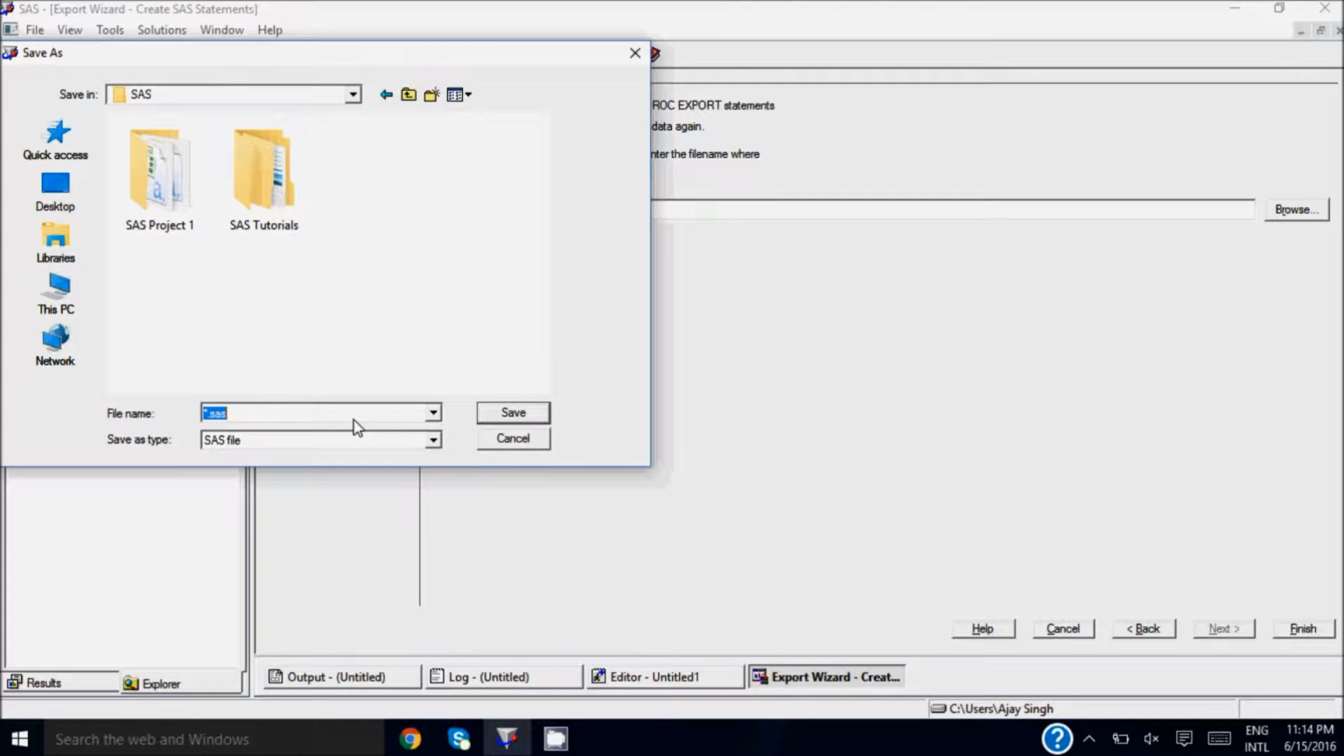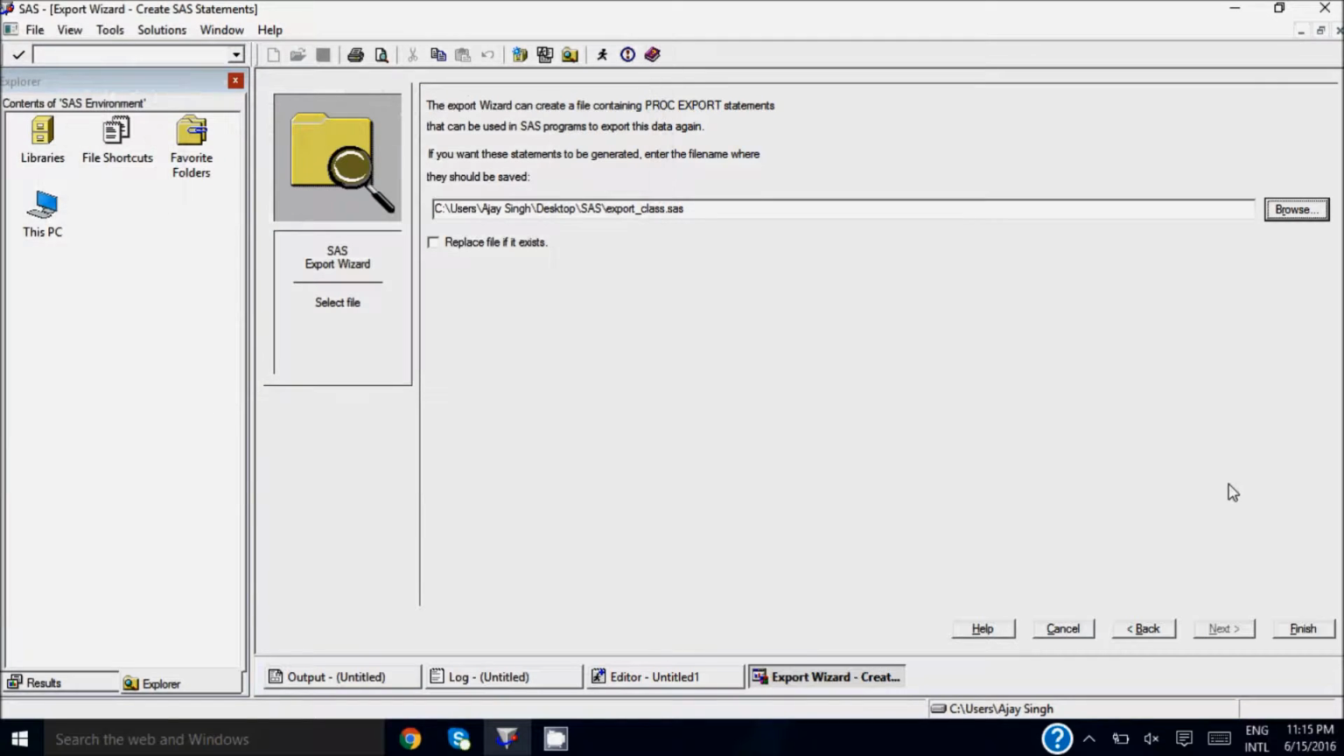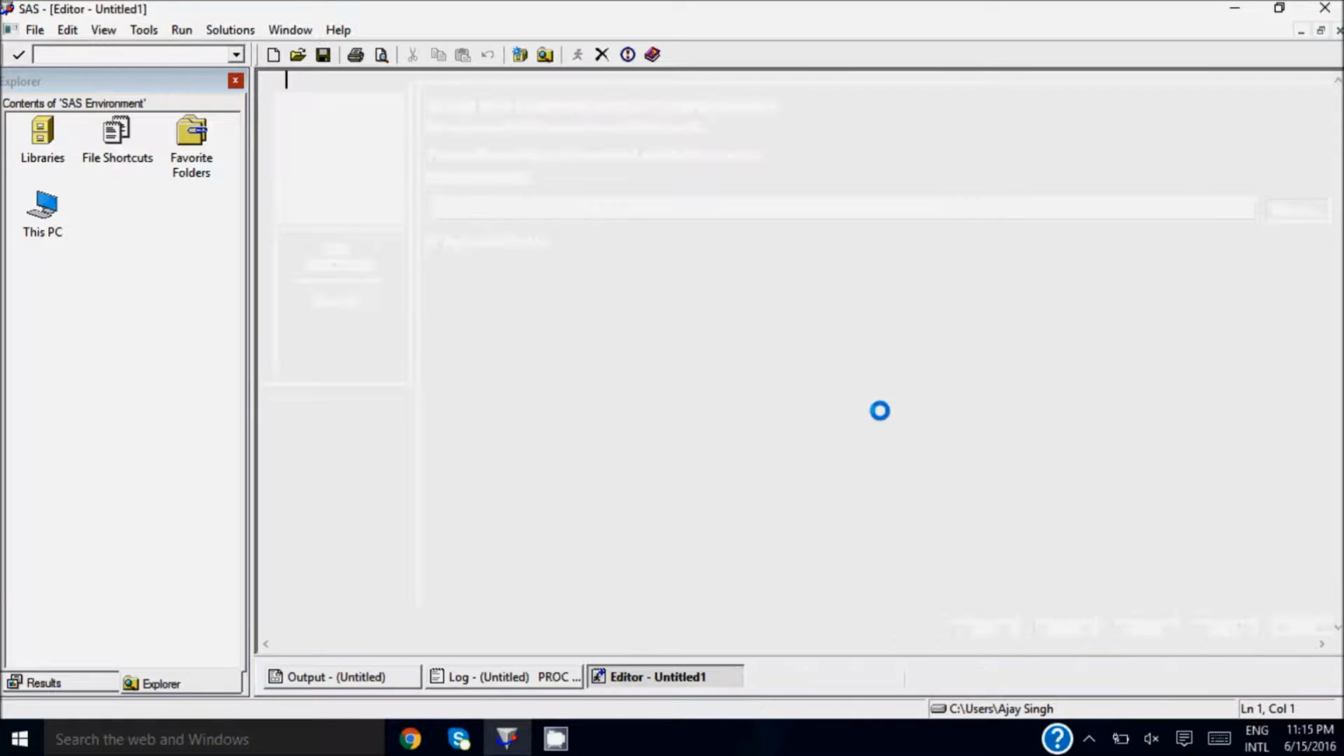I again want to save the script on my desktop in the SAS folder itself. You can see that the extension of this type of file is .sas, which shows that it is a SAS code file. Again I want to name it export class. I will click on OK. Now click on Finish,